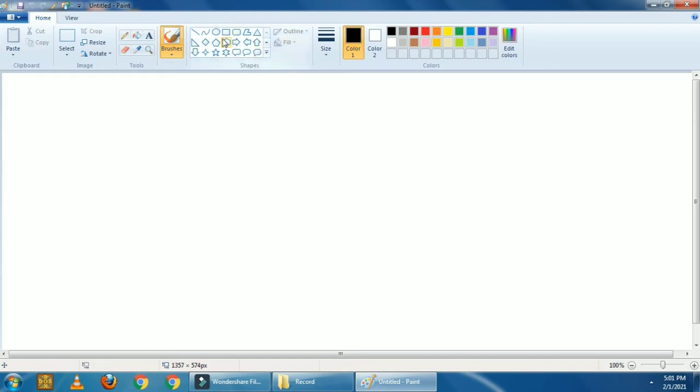So let's draw it. First you have to take the circle, means oval tool. So click on this. Here our border is already thick. Okay, it's very good. Let's make it thin. Click on this. So now come on the stage and click and drag your mouse slowly. You can see you have to make one perfect circle. So you can see now this is our perfect circle. So release your mouse, click.